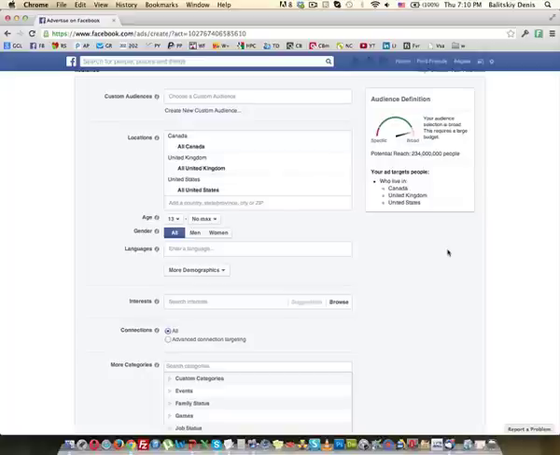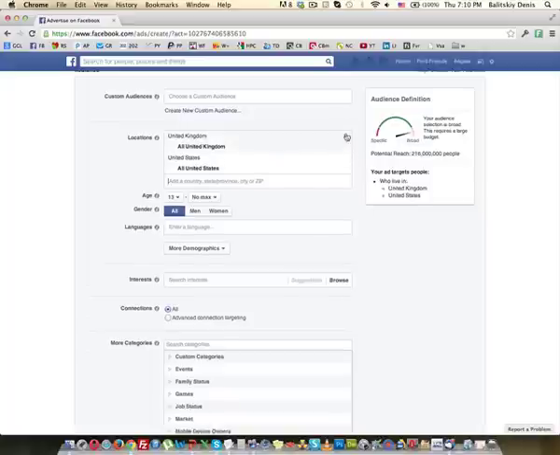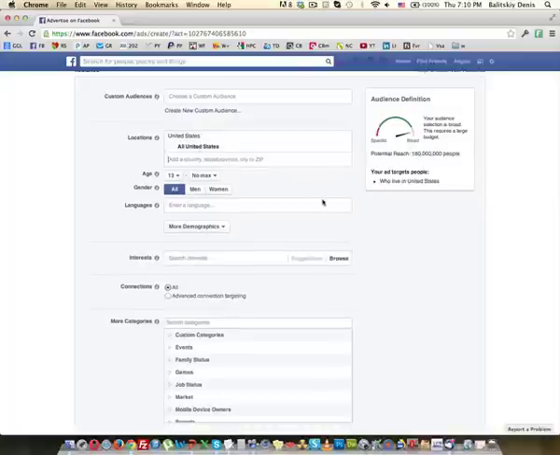So what's going to happen is, if you're targeting different locations in the same ad, Facebook is going to make you pay the same amount of money per each click. And of course, the maximum one. Now, in the case of the United States, it is 15 to 20 cents, or 25 maybe. And if we're talking about the United Kingdom, it's like 10 cents. So you're going to be losing a lot of money. So never, ever, ever do this, okay? Just take it out, create another campaign for Canada and another campaign for the United Kingdom. You never do that, okay?